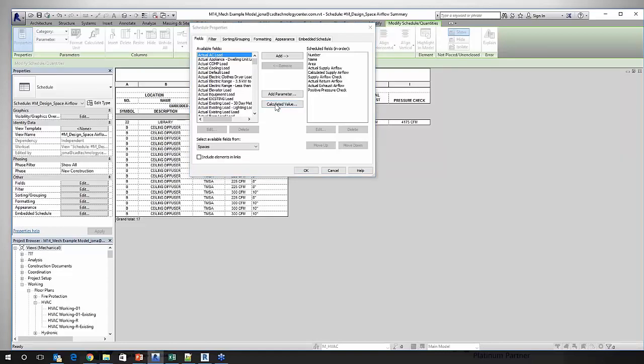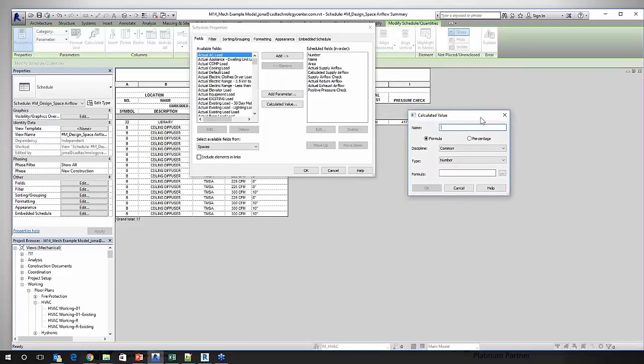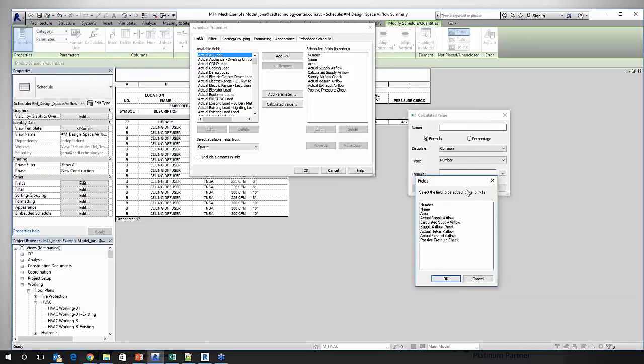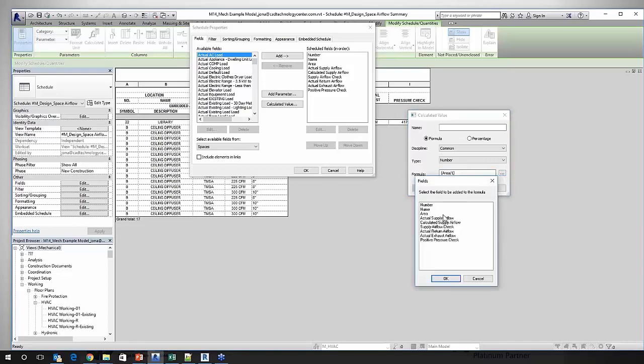And calculated values are really useful if you don't have the parameters in your families already. We could say, okay, this is going to be a common number, and we can either type the formula in here, or we can hit the button and say, okay, give me area, and I'm just going to throw it into parentheses, divide by 1. So I'm going to take that square footage out, and then I'm going to say by actual supply airflow,